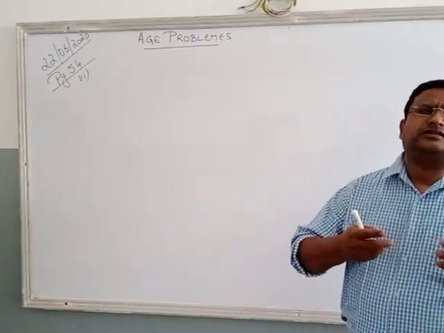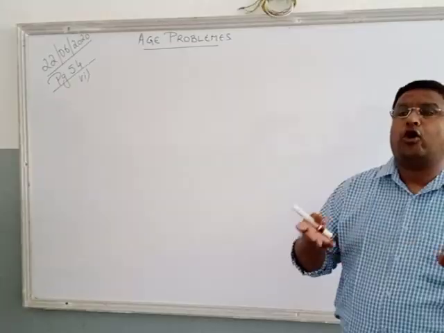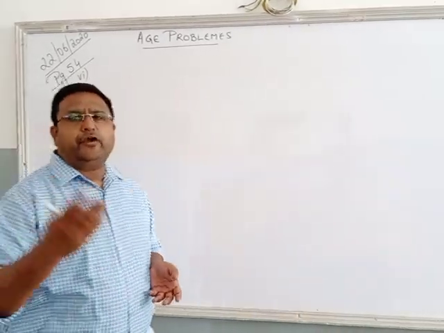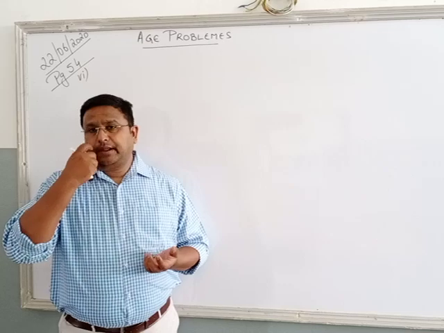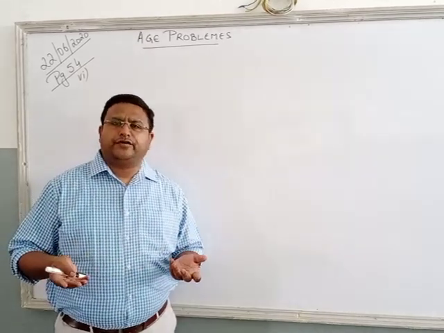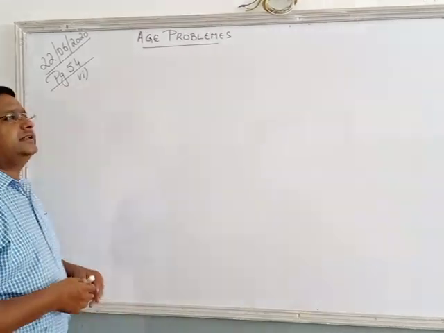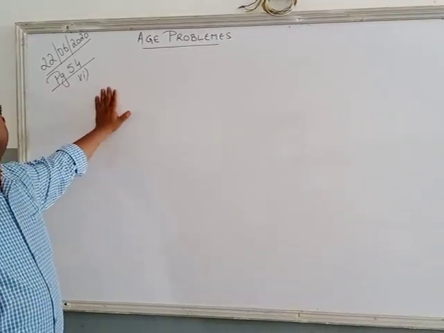One is Jacob, the other one is son. All of us know the son's age is going to be less than the father's age. You can compare it with yourself. Your father is going to be at the age of 45 or 50 or 40. Your age is less than that. Same thing is here. There are 2 people, Jacob and his son.